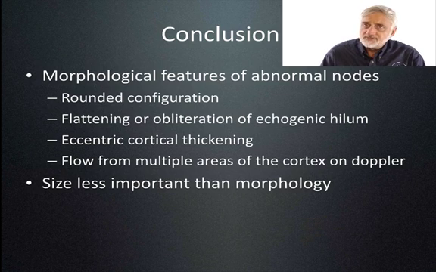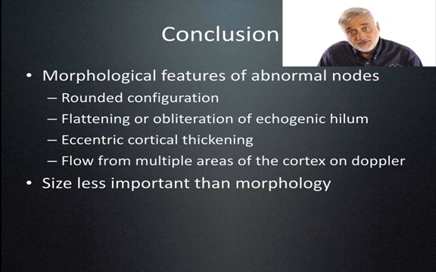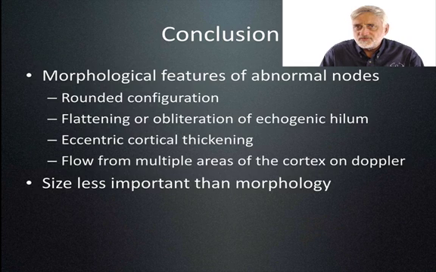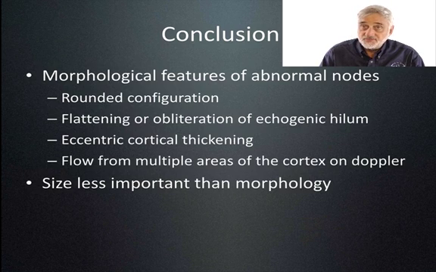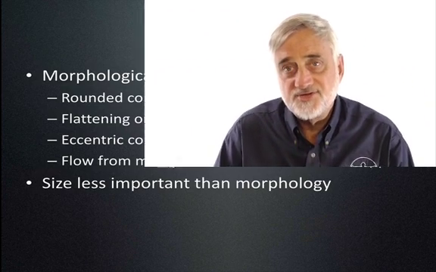And last, we've talked about malignant lymphadenopathy, how oftentimes they have a significant amount of posterior acoustic enhancement, especially melanoma and lymphomas. We've also discussed how they may be misshapen. They don't follow that oval architecture that we see in normal lymph nodes or reactive lymph nodes. We've also talked about the blood flow in malignant lymphadenopathy, where we have neovascularization, where the arteries or vessels may penetrate from the periphery in multiple locations instead of the central area into the hilum, and how sometimes the hilum is misshapen or even